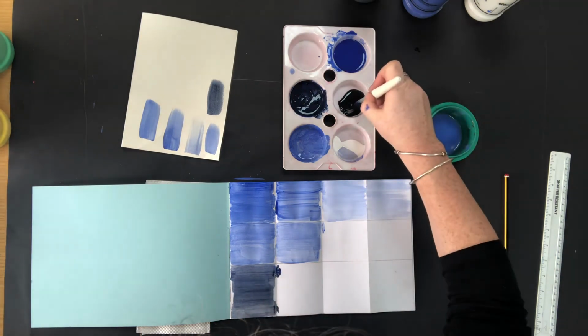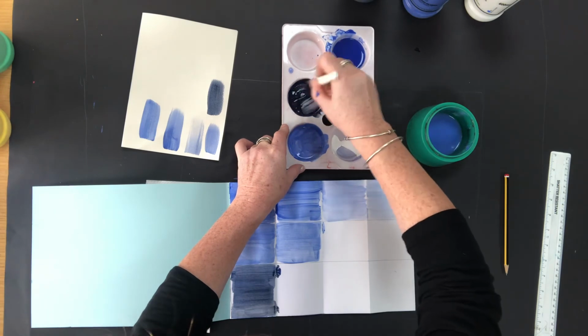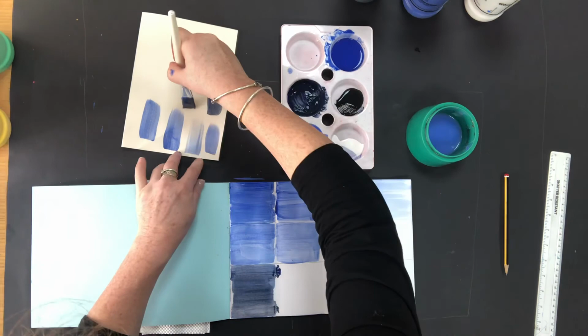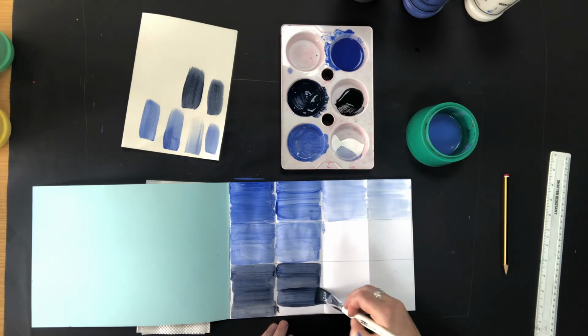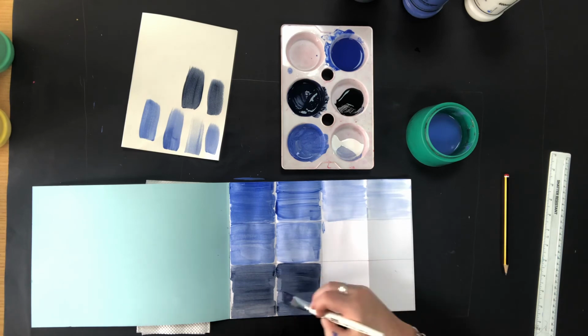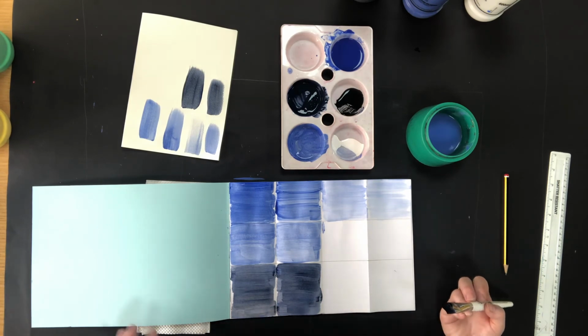Okay, can I change the colour even more by adding just a little bit more black? It's going to be a very dark blue this time, I think. Yes. Okay. And again, I'm going to ask you to keep going. See if you can keep changing the tint of the colour, okay? So, year 3,